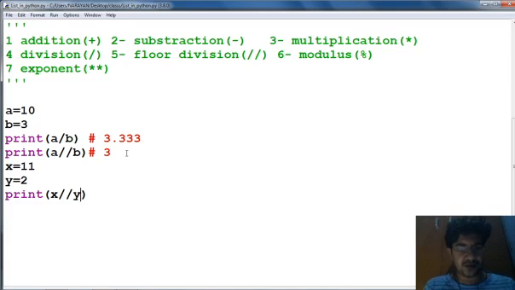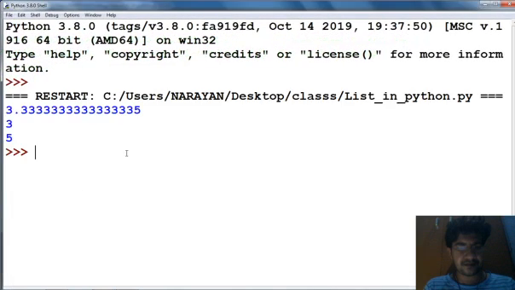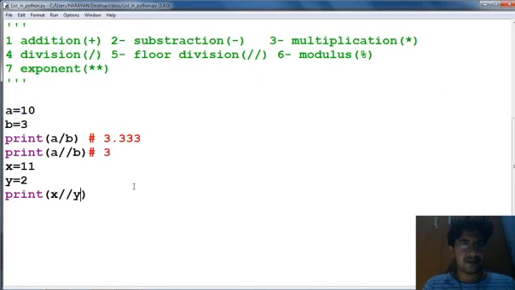Now check the output. So this will return 5.